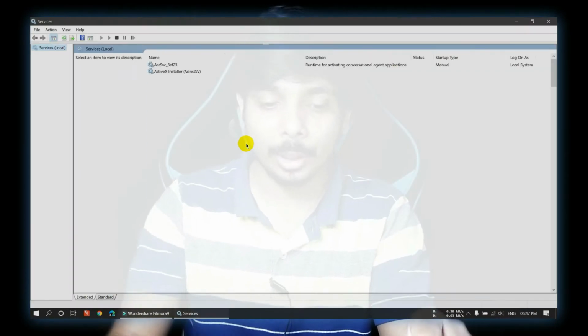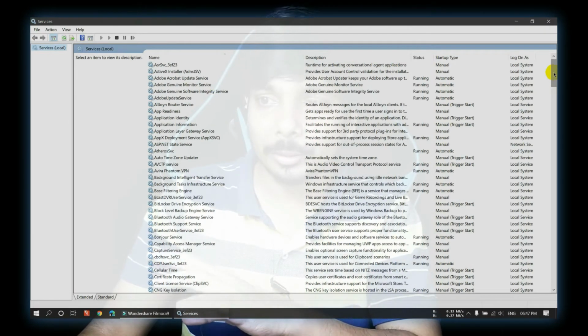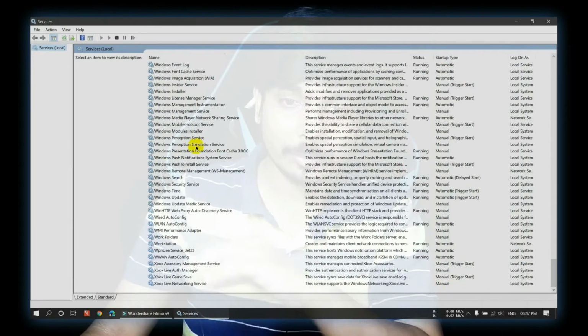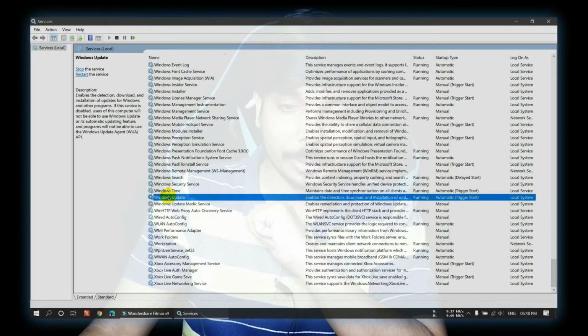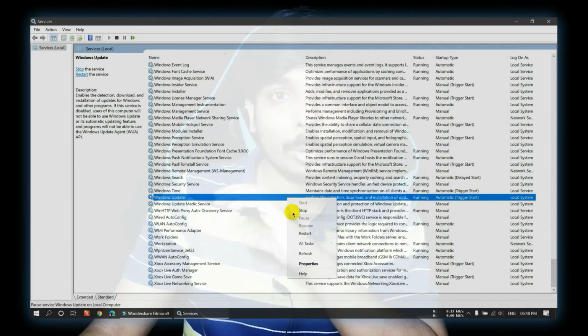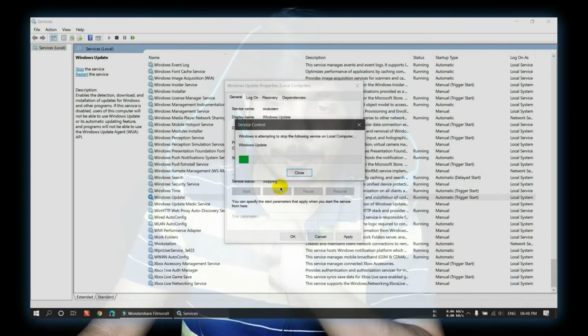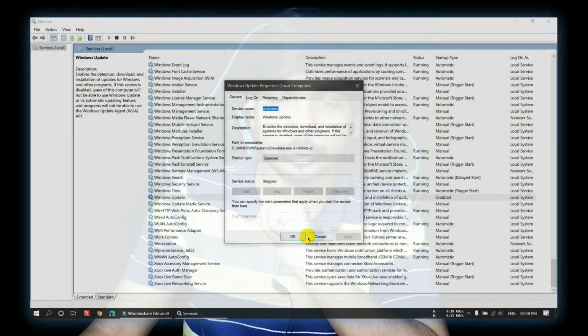That thing will get opened. Scroll the scroll bar to the last, and somewhere just below the center you will see something known as Windows Update. Select that Windows Update, right click on it, go to the properties, and where it is automatic, select it as disabled, and if your service is running, click on stop, and if it is not running, it's fine, and click on apply and click on OK.